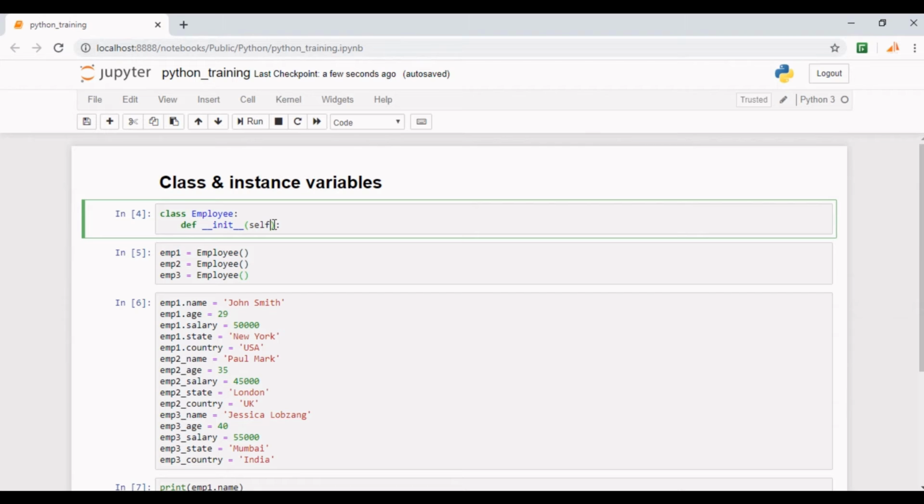You can replace self by any other variable. It won't throw any error. But yeah, conventionally we use self. It's a good programming practice to use self in place of any other variable. Now you can also pass other required variables. Our constructor will have 5 variables in this case. Now within our init method we will initialize these variables.